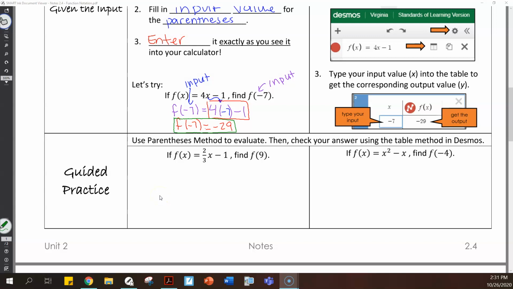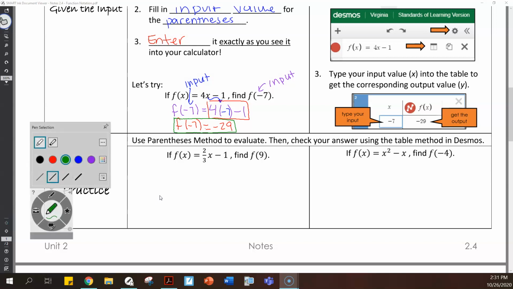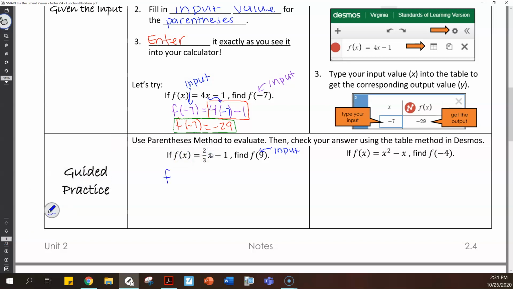So let's look at one more. We'll do it by hand, and then I'll let you practice one. So in this one, they give me the input value. I know that because the number is inside the parentheses. So this is my input value. Okay, so I can change anywhere I see an x to a 9. So I want f of 9,